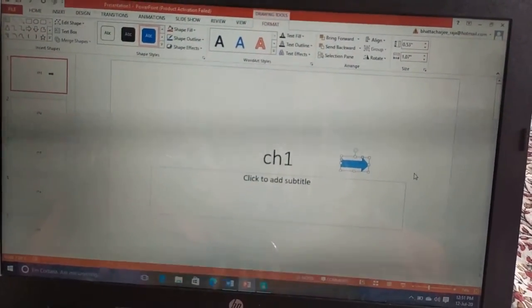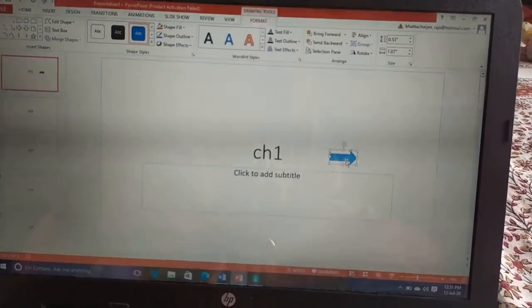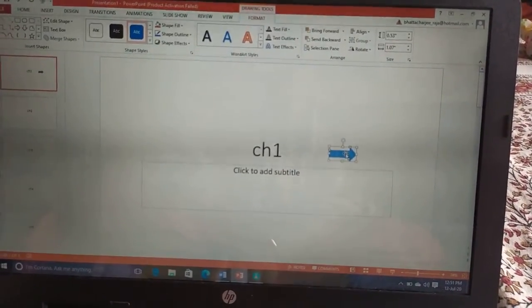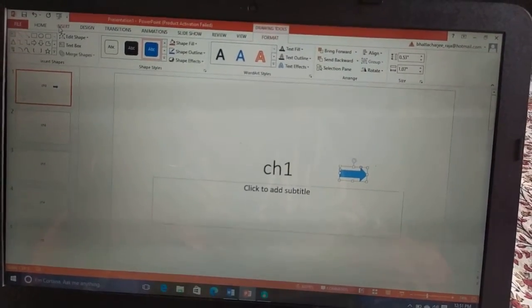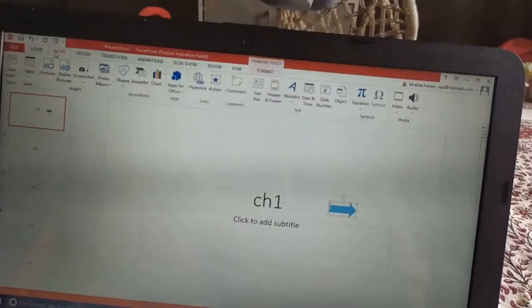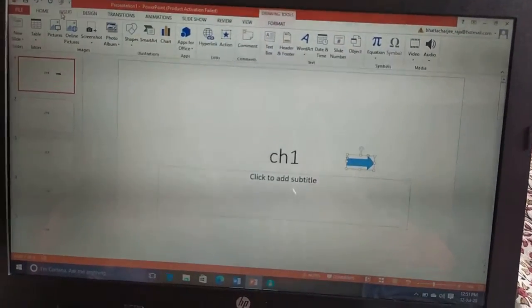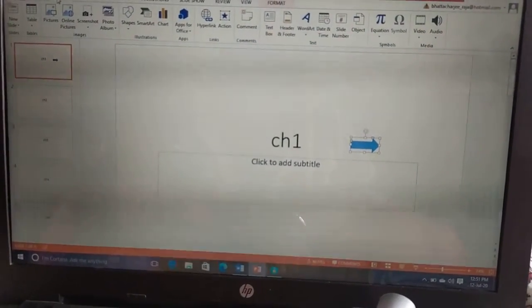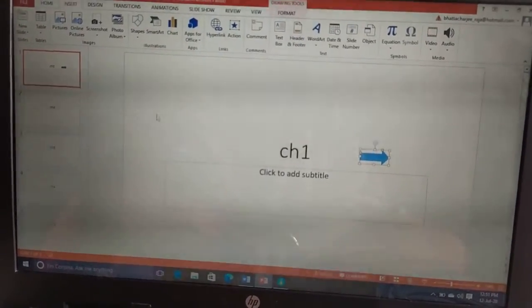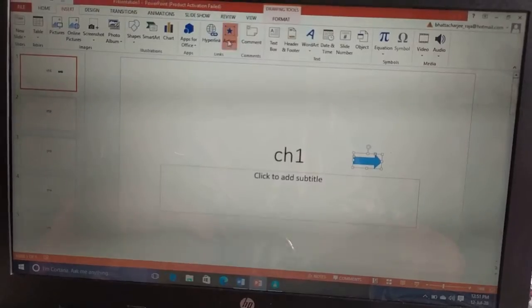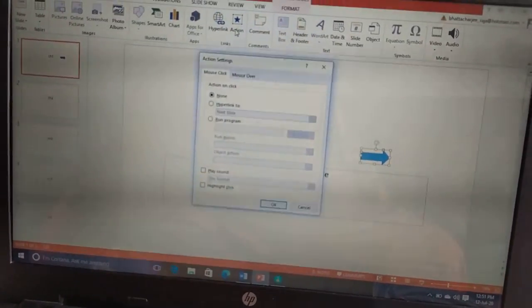Now, select the arrow. Click on Insert. In the link group, the action command is there. Click on it.